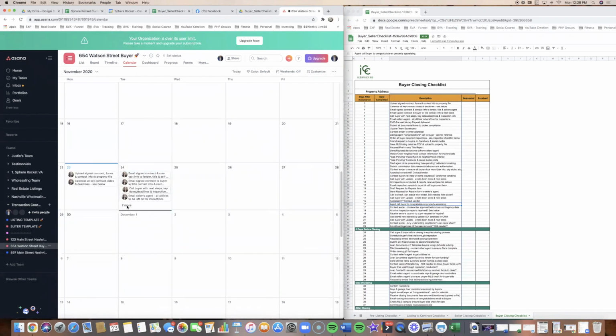And so now what you can do is when you're doing what we call daily huddles, I love these. You guys should be meeting with your team each and every day for at least 5 to 10 minutes. Even when I was running the team with my dad out of Denver and I was the team lead of 15 to 20 agents, even with a rock star TC that knew everything inside and out, we still had to have a daily meeting once we started to get more and more transactions, because there were just pieces of the puzzle that you keep in your head that someone called and told you, and you didn't tell the VA,